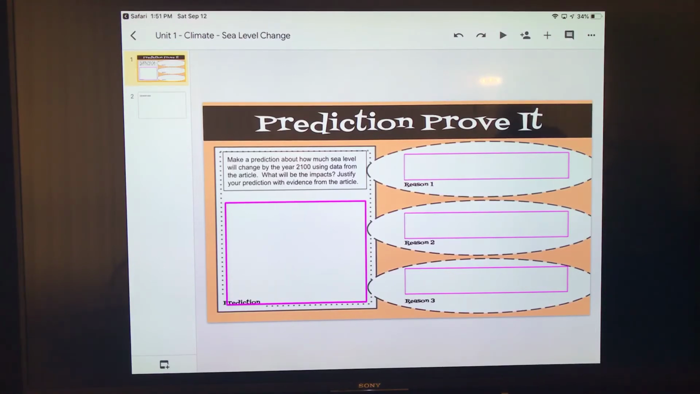And so it says make a prediction about how much sea level will change by the year 2100 using data from the article. What will be the impacts? Justify your prediction. So you're going to write 2 to 3 sentences there that said, I think after reading the article that, and then you're going to continue that and say, I think that because. Now on the right side, you're going to go to the article and say, okay, because this reference says that, and sea level has already risen because,